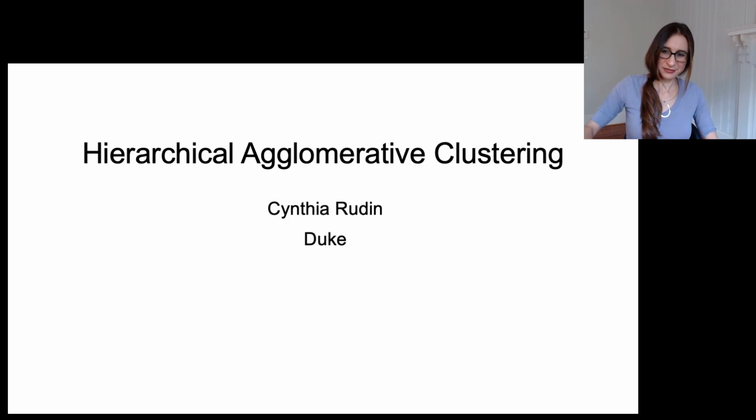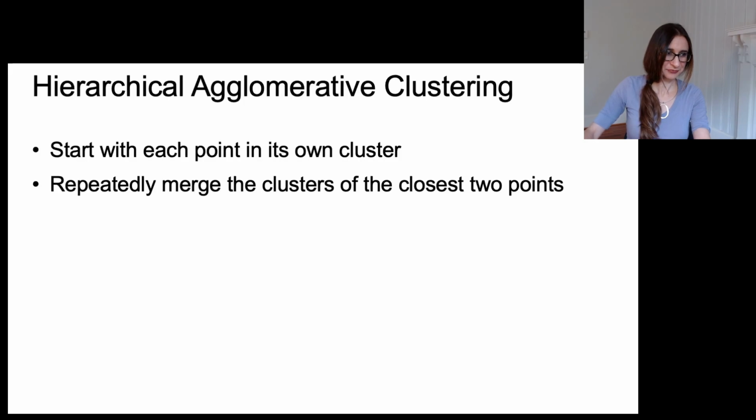Let's talk about a different machine learning algorithm called hierarchical agglomerative clustering. And I like it because it shows you what a huge difference the choice of algorithm can make in machine learning. It's a very, very simple clustering algorithm. You just start with each data point in its own cluster and repeatedly merge the clusters of the two closest